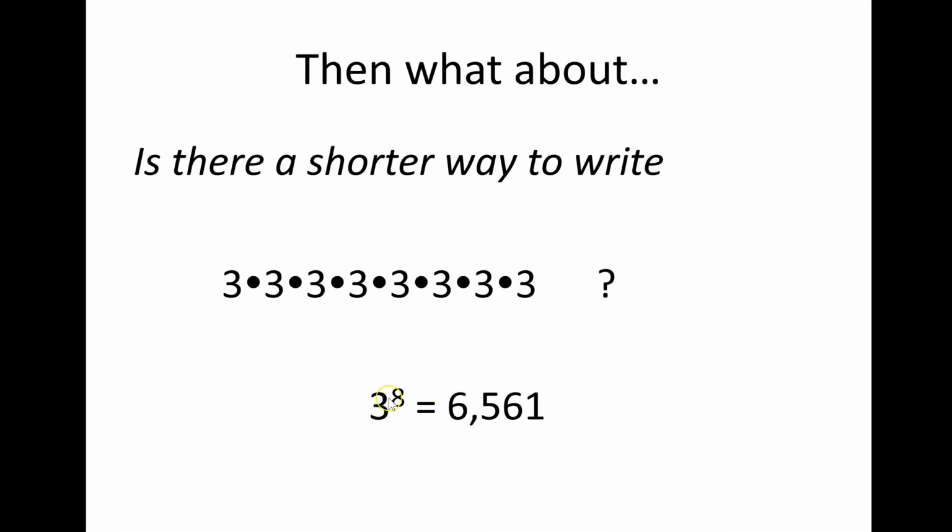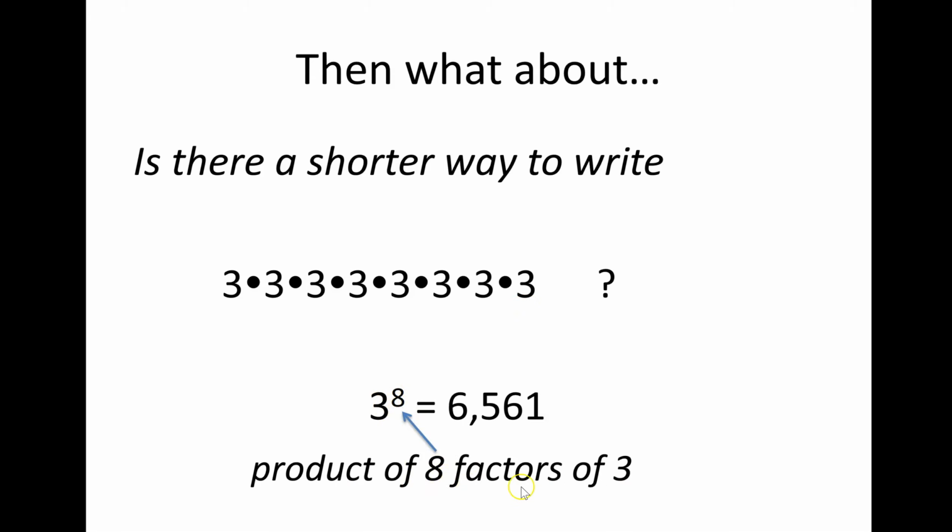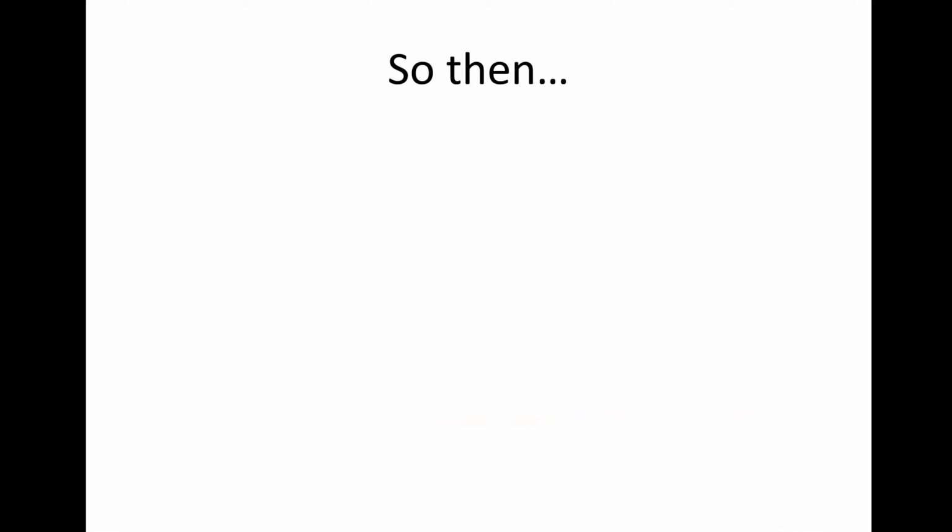That's what exponents do. They help us keep track of how many times we're multiplying the same number to itself. So here it's saying this is the product of 8 factors of 3 multiplied together, which equals this number right here, 6,561. Okay, so keeping all that in mind,